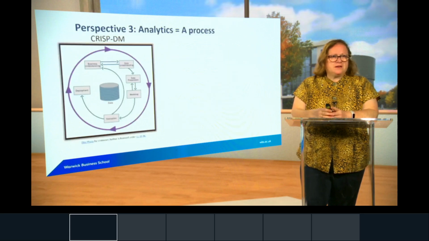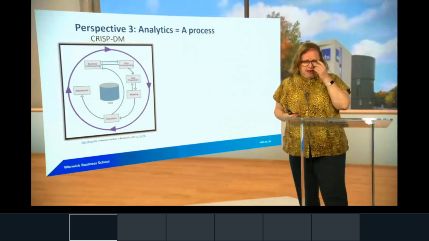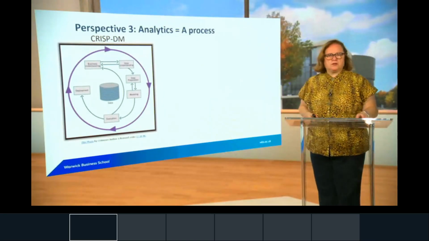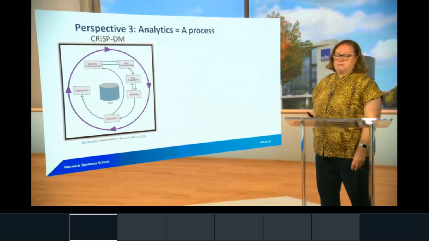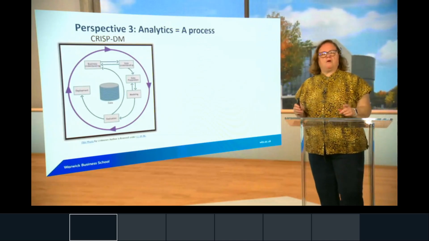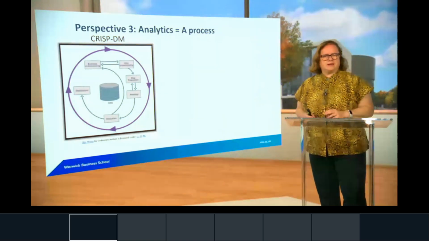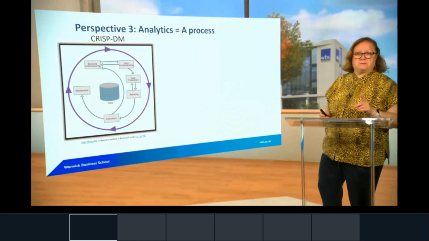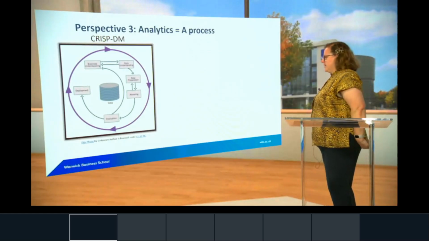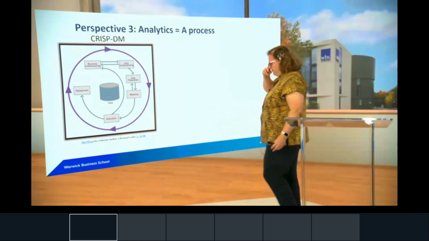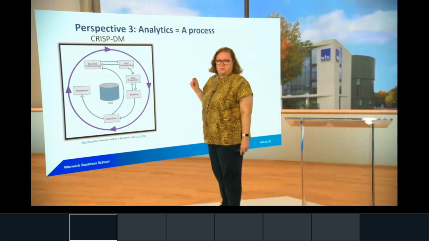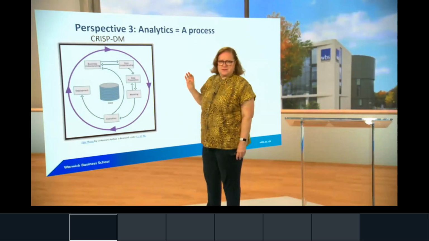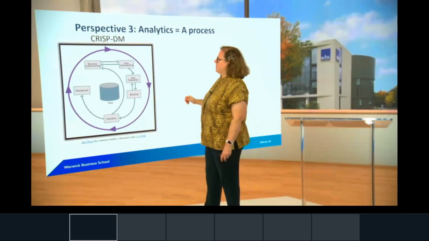So let me now present to you a different perspective on analytics. Analytics is not just a toolkit, but it's a process. And in some of the modules that you'll do this term, they'll introduce you to this process here. I think this is perhaps the most common process that people doing analytics are following nowadays. We call it the CRISP DM. CRISP DM does stand for something, but off the top of my head, I can't remember what it is. But don't worry. So the idea here, as a process, is that it's not linear. It is an iterative, cyclical, or systemic type of process.